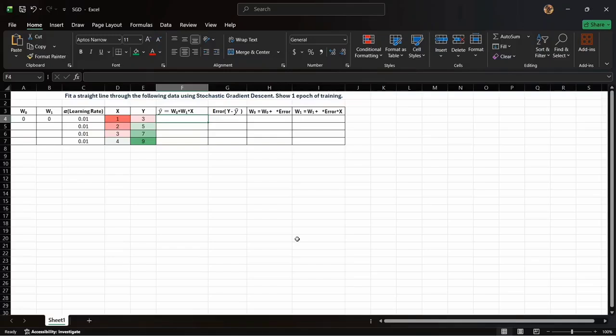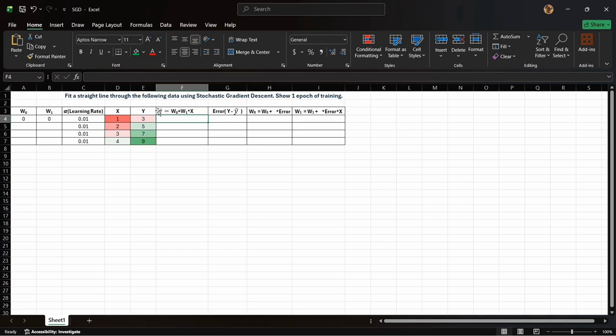Hello everyone, now let's solve one numerical example related to stochastic gradient descent in linear regression. Here x and y are the datasets, and first we have to calculate the simple linear regression equation, that is y hat equals w0 plus w1 into x